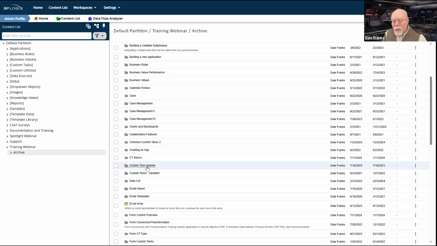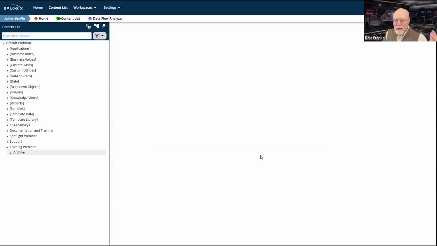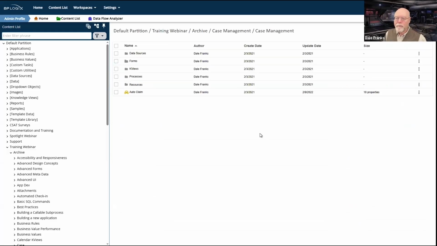So here's Case Manager. This is the actual application. The reason that we recommend this is that everything is in a single parent folder.